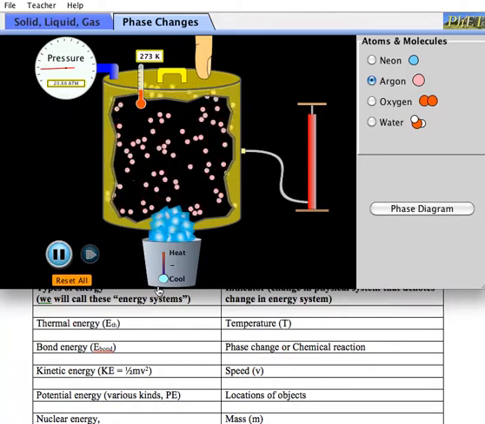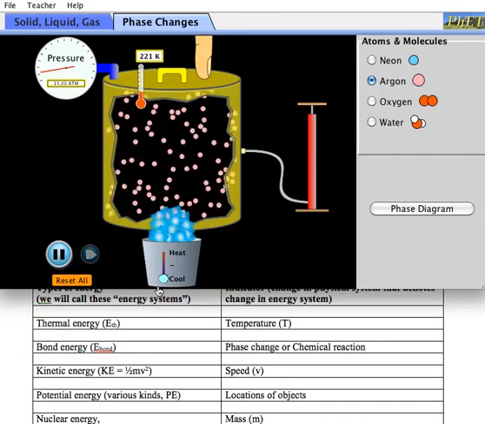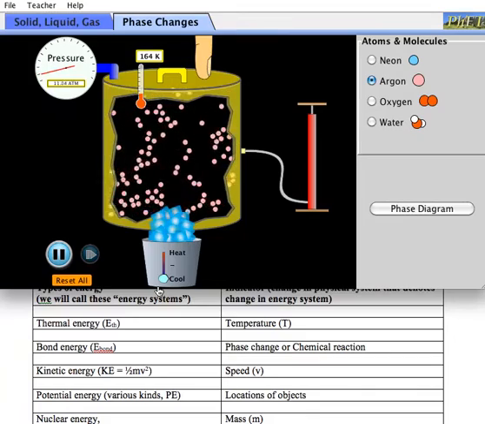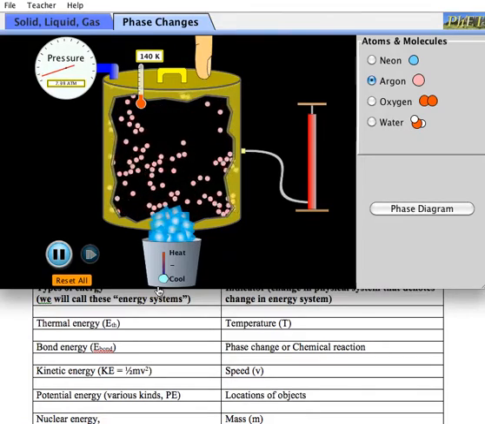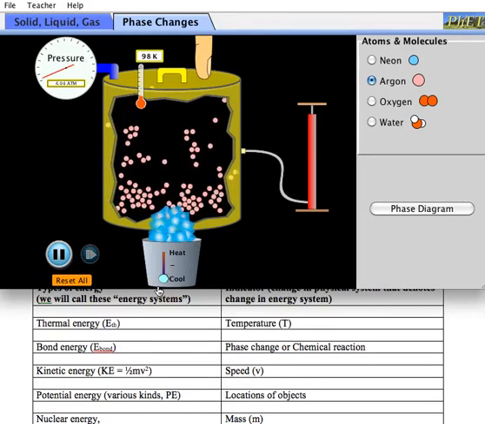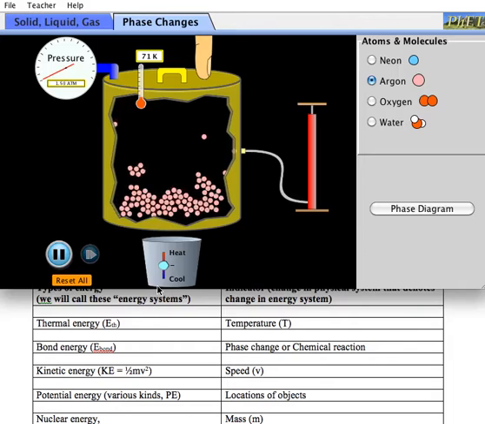If I cool this argon gas off enough, then the argon molecules will have low enough energy that they start noticing that they attract each other. And in fact, if they don't have very much energy, they will start to stick together. It's the energy that pulls them apart. They start to stick together,